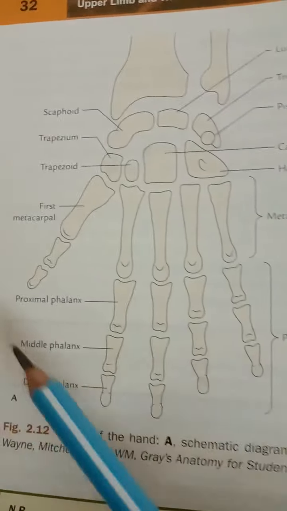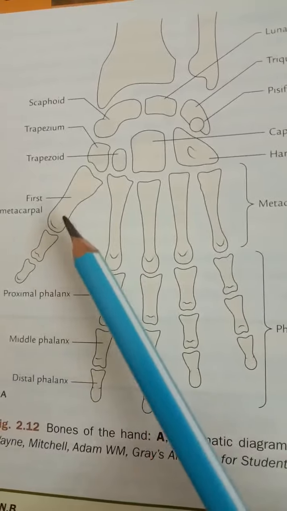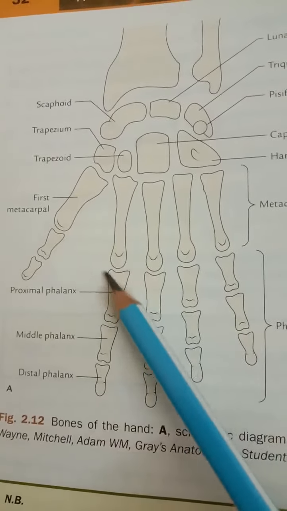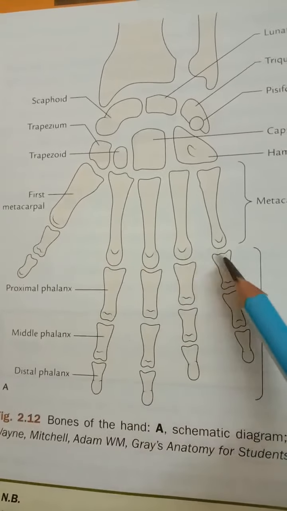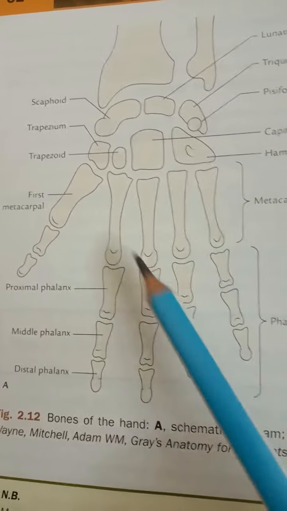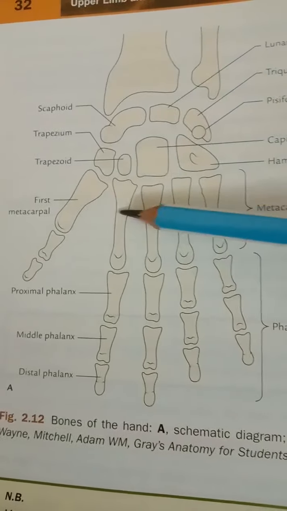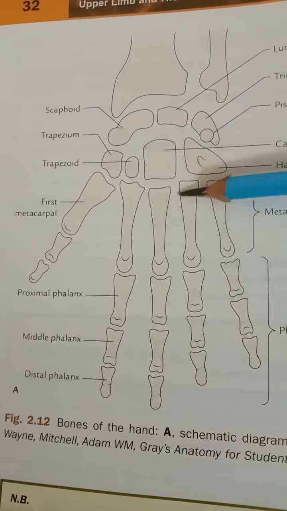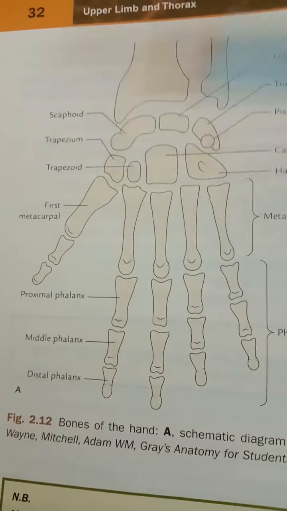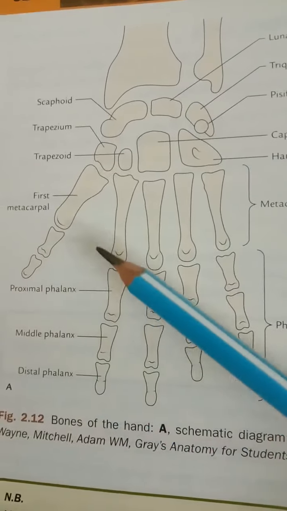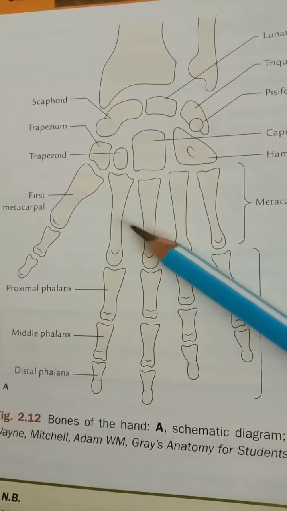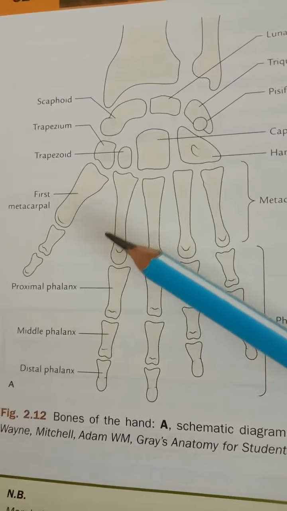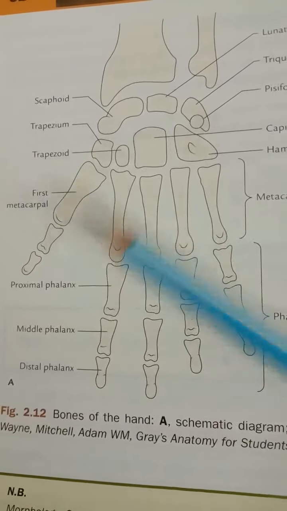So let's see the head, this one. The head is at the distal end and it is rounded. So every head of the metacarpal bone is present distally and it is rounded. Then the shaft. The shaft extends between the head and the base, so the middle part is called the shaft, and it is concave on the palmar surface and on the sides, and on the dorsal surface the shaft presents a triangular area in the distal part.